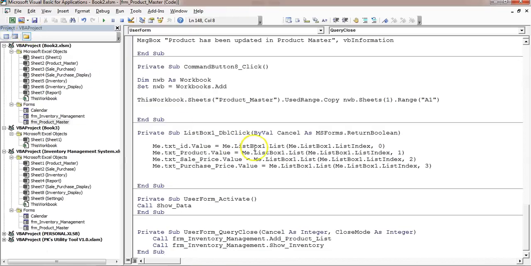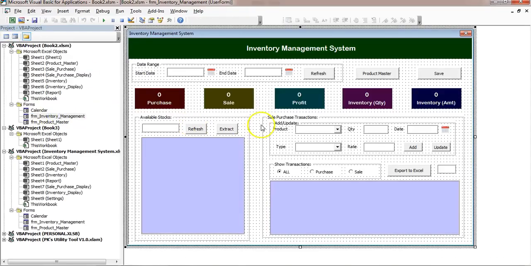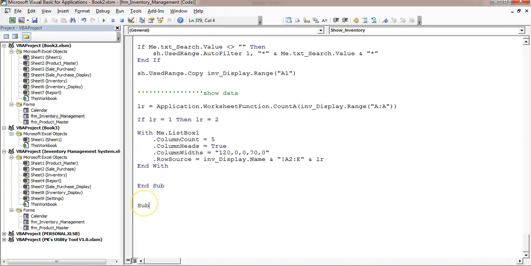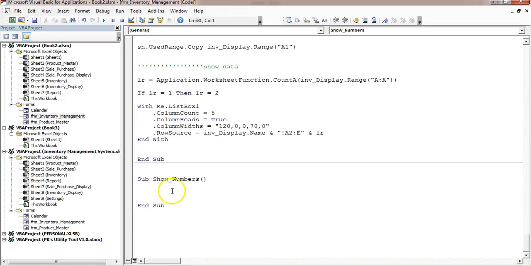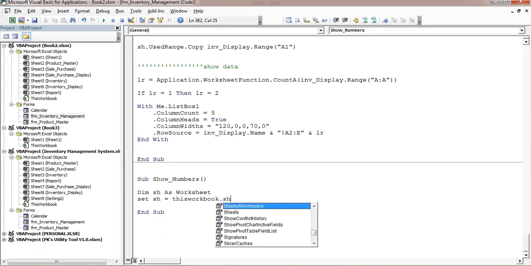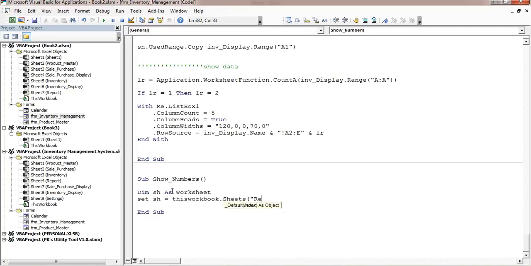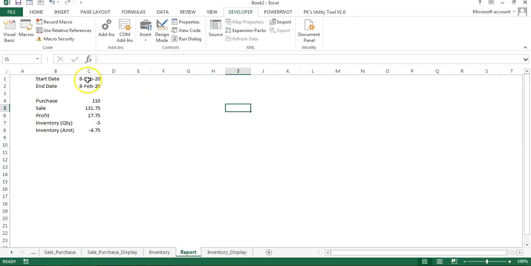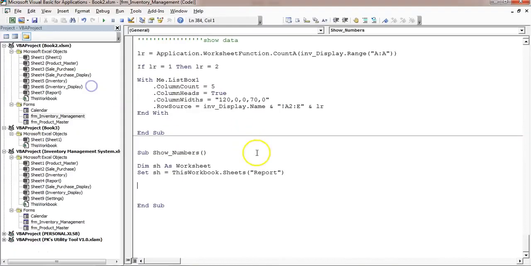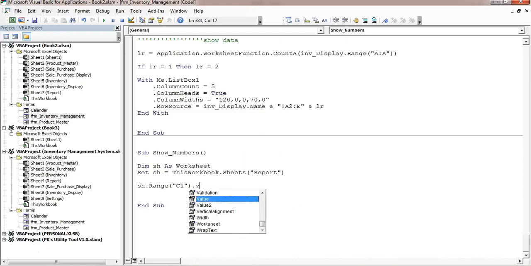So we will put here one more subroutine on the inventory management form, that will be Sub ShowNumbers. In ShowNumbers, I'll take Dim sh As Worksheet and Set sh equal to ThisWorkbook.Sheets, and this time I'll take the report sheet. First of all, I'll update the start date and end date on C1 and C2. So I'll use sh.Range C1.Value